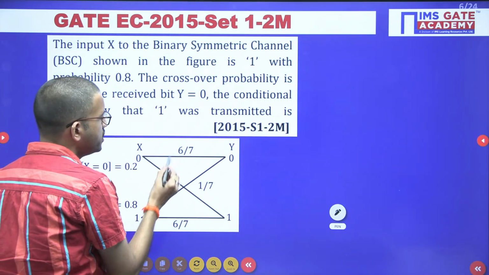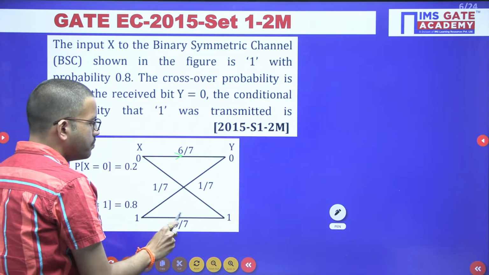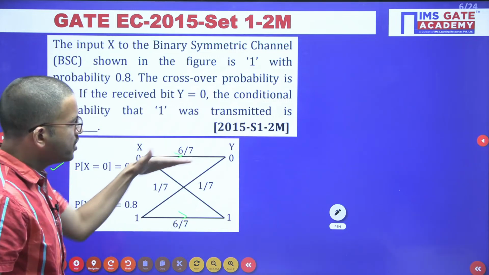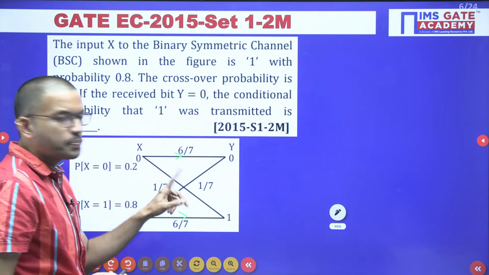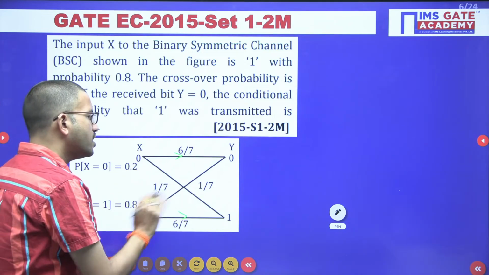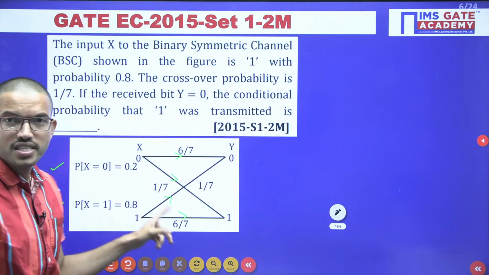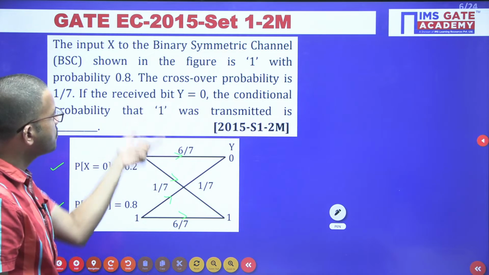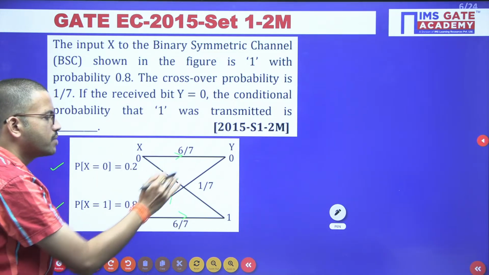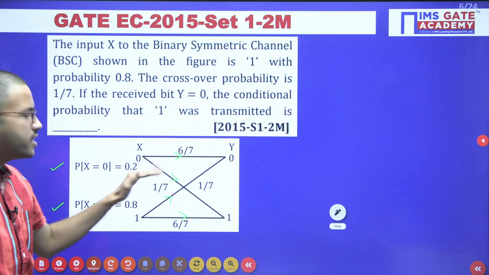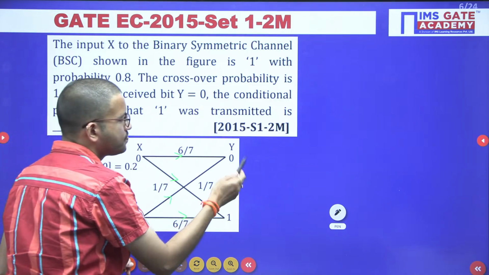So in this question, in order to get the correct bit, the probability they have mentioned is 6/7, and the crossover probability, 0 becomes 1 or 1 becomes 0, they have mentioned as 1/7. And here also they have mentioned the same thing. The crossover probability is 1/7, either 0 becomes 1 or 1 becomes 0, right? That is 1/7. Now the question is, if the received bit is 0,